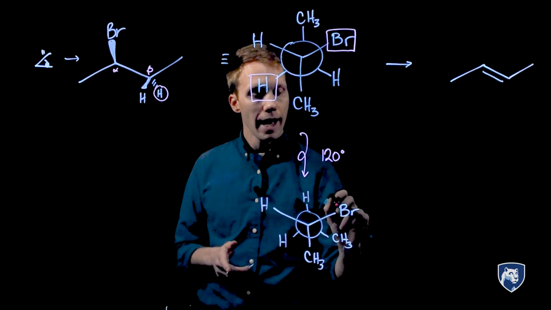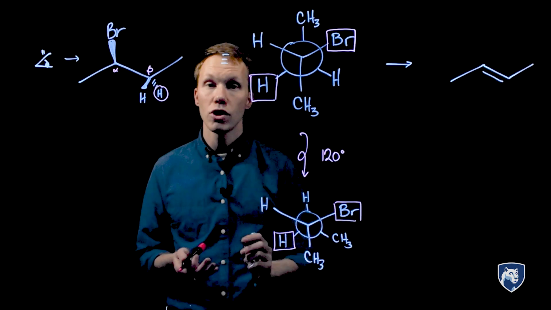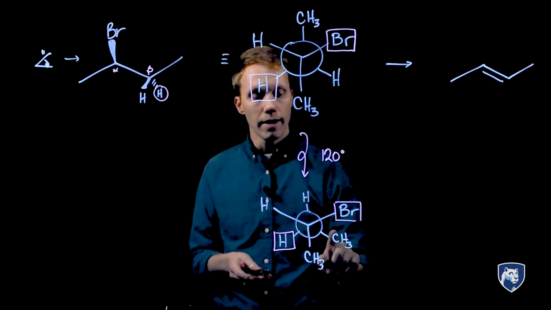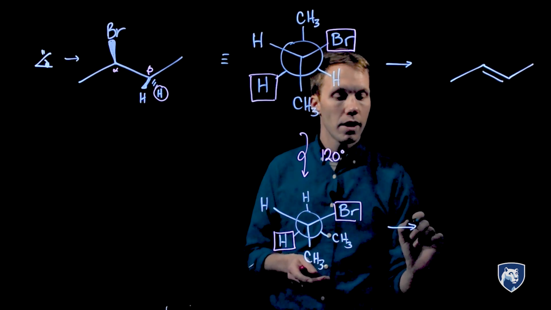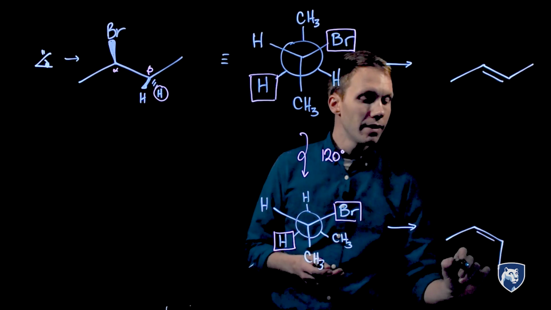So now I have still an anti-periplanar relationship between my leaving group and a beta hydrogen, but now you can see that the methyl groups are on the same side, they're gauche to one another, and this conformation leads to a Z-alkene